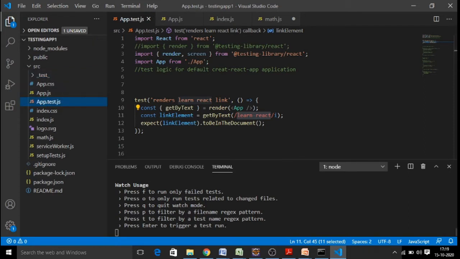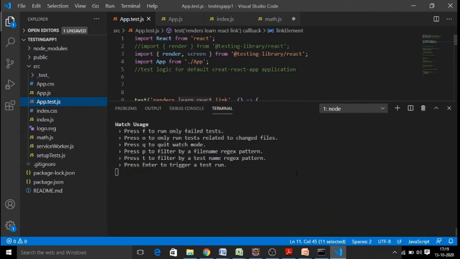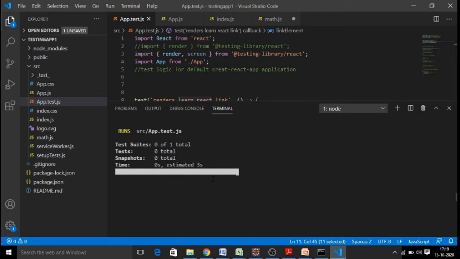And when you run this application, it will also pick your test case files from this folder. That is also fine. Now when we run this npm test command, it is going to ask if you want to watch your test cases, or run only the failed test cases? So always we will press enter to trigger your test run.